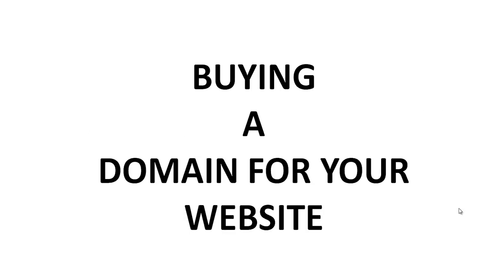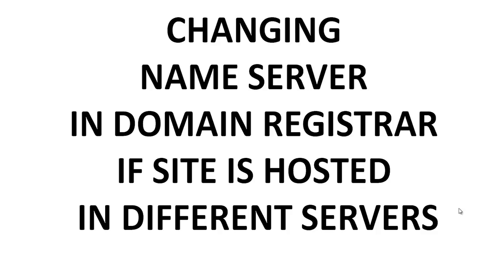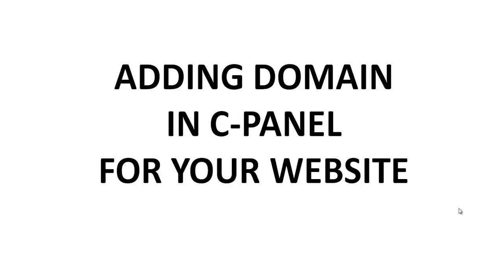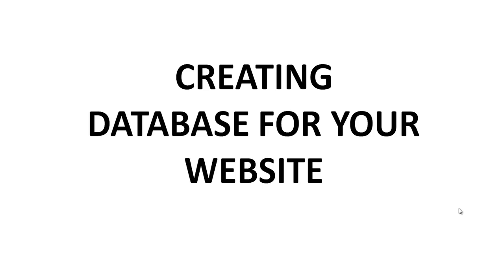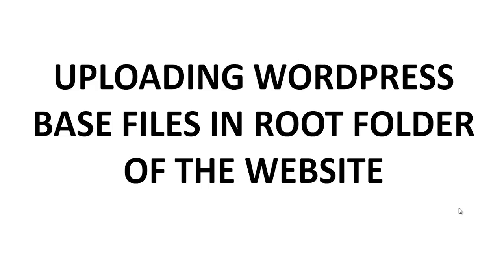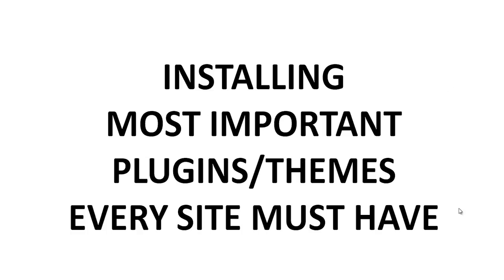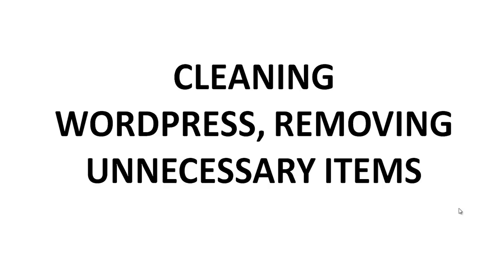Buying a domain for your own website, changing the name server in the domain registrar if the site is hosted on a different server, understanding the basics of cPanel, how to use it, and important areas that you must have knowledge of, adding a domain in cPanel for your website, creating a database for your website, uploading WordPress base files in the root folder of the website, installing WordPress for the first time, installing the most important plugins and themes every site must have, cleaning WordPress, removing unnecessary items that you won't need in your WordPress,